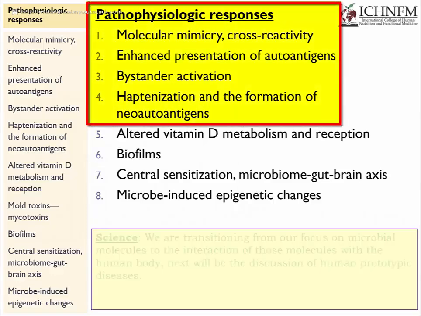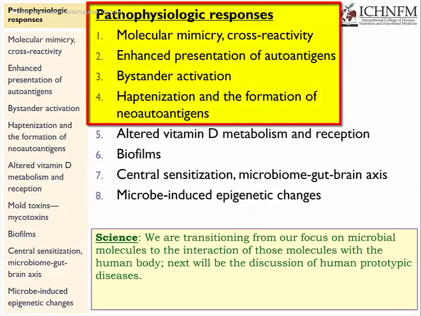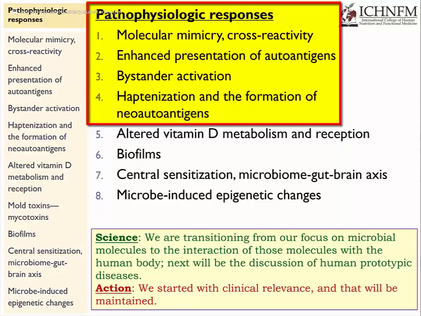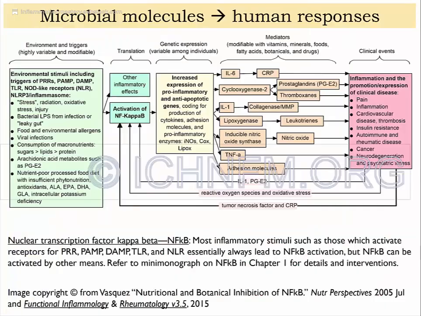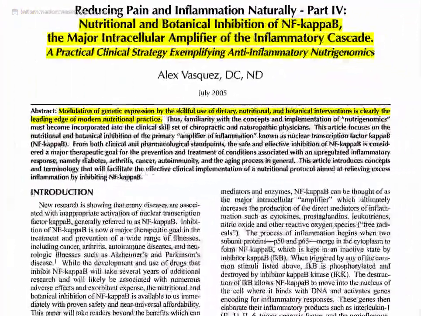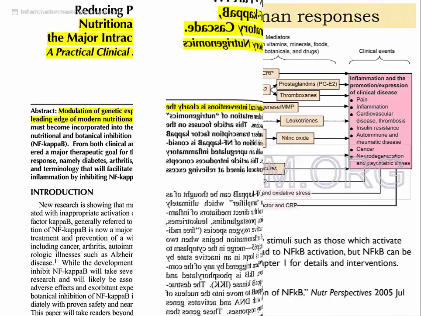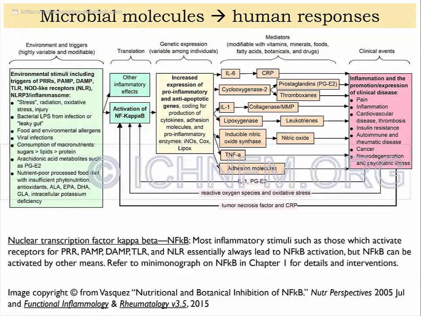So one of the ways to understand these pathophysiologic responses, and in my opinion, this is the easiest way to understand and the easiest way to explain to patients, is to use the NF-kappa B pathway as a model. And you can see that outlined here. I've published this in my books. You have it in the printed clinical monograph. I also have an article that I published back in 2005, which is available online if you want to take a look at that. But let's look at NF-kappa B as a prototypic